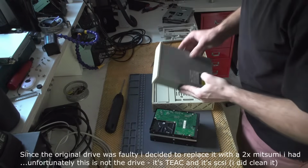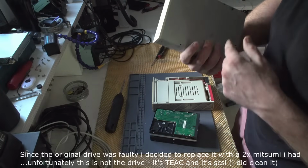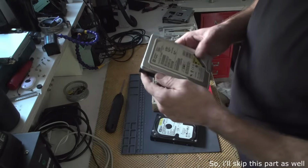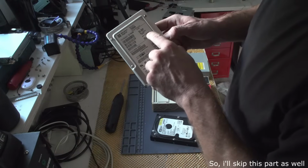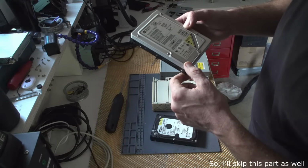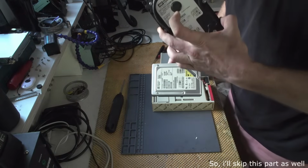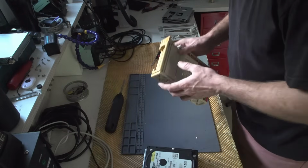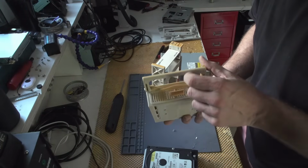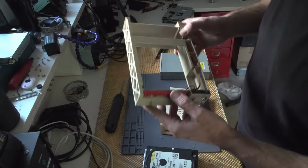Oh, well, I was looking for this thing. And by the way, this is thick. I thought it was Mitsumi. It's not. CD50 R55S. I'll Google it. I found this, which is like 24 years old. This is like 10 gigs, 4 gigs. I'm not even sure. Yeah, 10.2 gigabytes. And this one is 80. So I'll be looking through them to see whether they have something interesting on them. I found this thing, which is a caddy for the